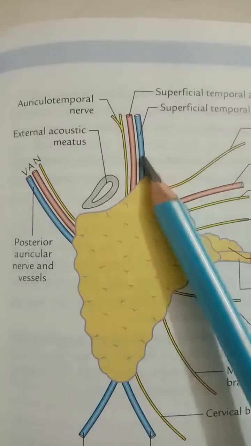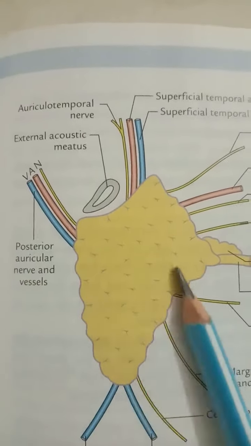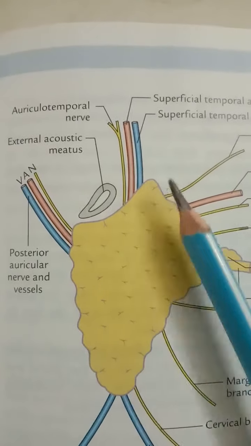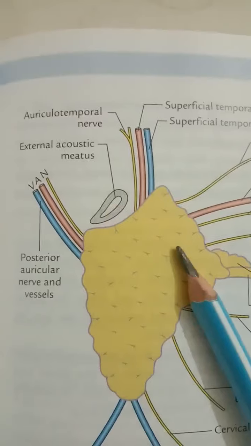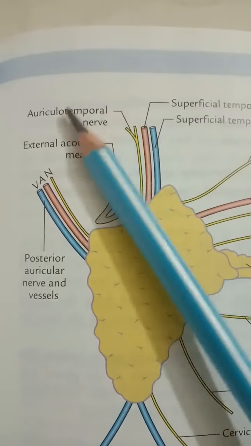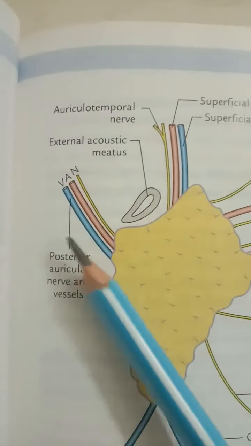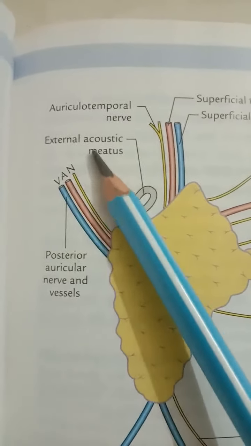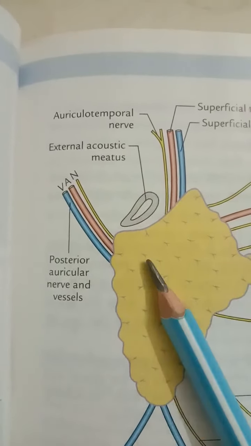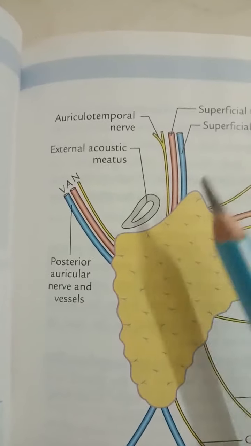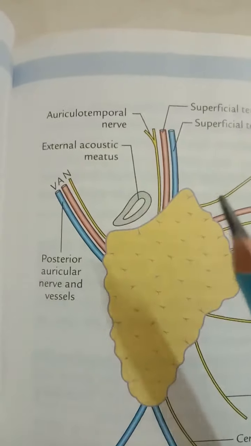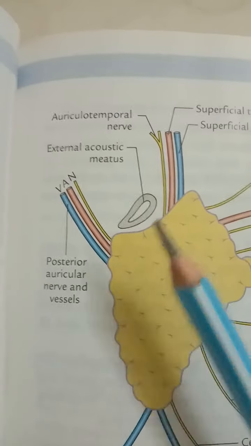Next clinical point, that is parotidectomy, meaning removal of the parotid gland. After this surgery there may be regeneration of the secretomotor fibers of the auriculotemporal nerve. Here you can see the auriculotemporal nerve, which joins with the greater auricular nerve. This causes stimulation of the sweat glands and hyperesthesia in the area of distribution of this nerve and the skin supplied by this nerve.